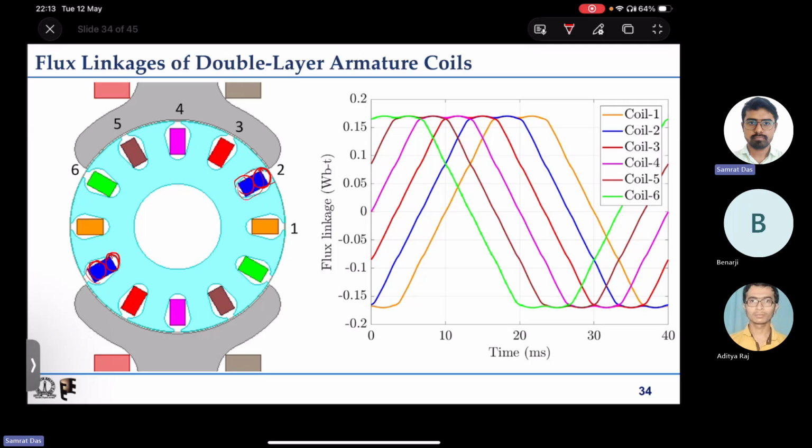So one is the top one, that is our assumption here. 1 2 3 4 5 6, this will be 7 8 9 10 11 12. So these are our 12 coils,